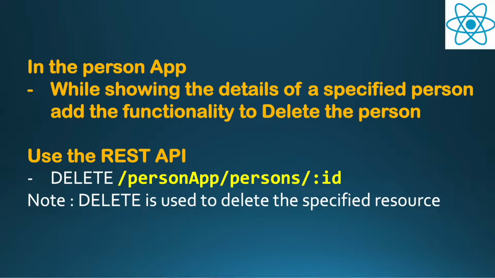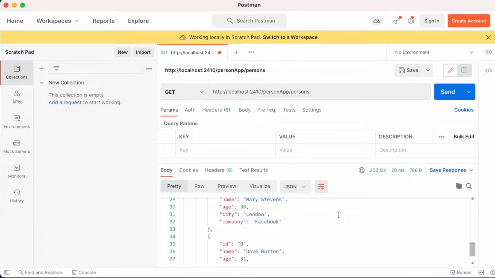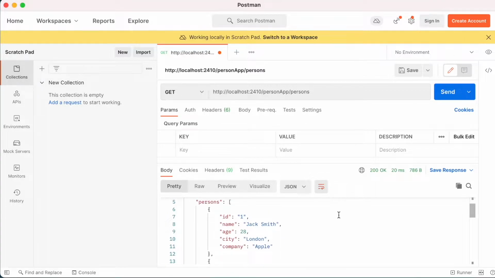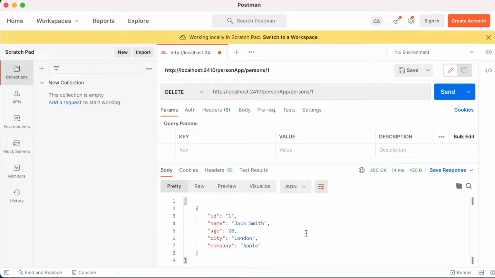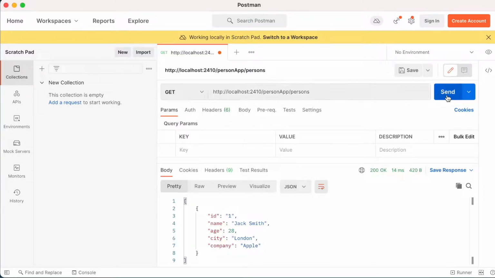If we go back to our Postman, our standard practice is to go to Postman and run those. Let me run first a get on all the users. We have gotten the users, and we want to delete, say, ID 1. So how can we do that? I'll go to delete and provide the ID. Now this ID has been deleted. If I go and get all my users again, notice the number of items has become 51 and now it's starting with 2.